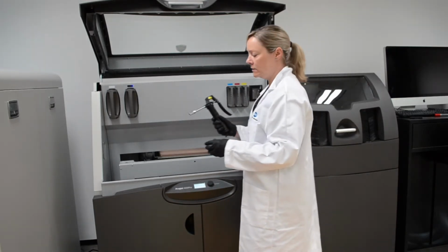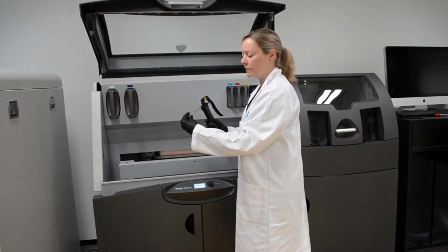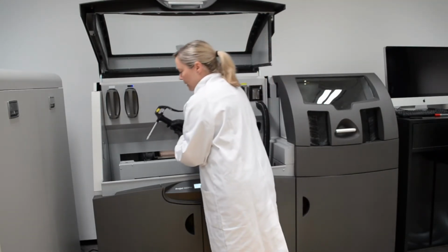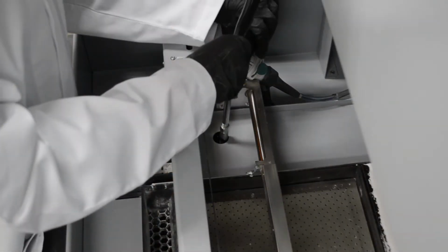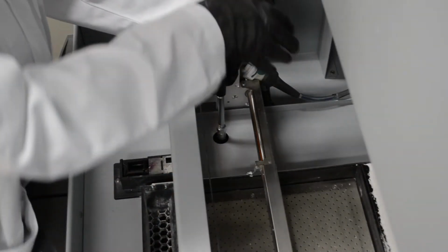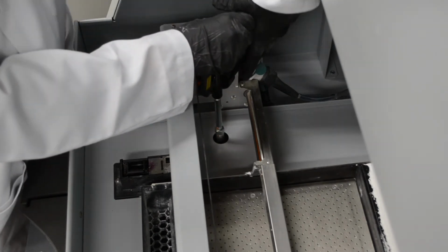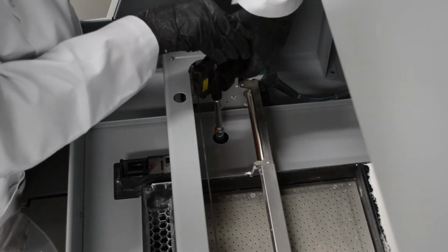Locate your grease gun and make sure that the head of the grease gun is screwed on, but not too tight. Slightly release it and then place the grease gun over the fitting. Push down on the fitting until the grease gun attaches, and then pump the grease gun 2 or 3 times until you feel some resistance